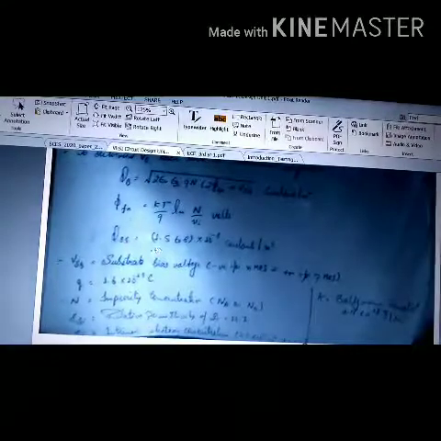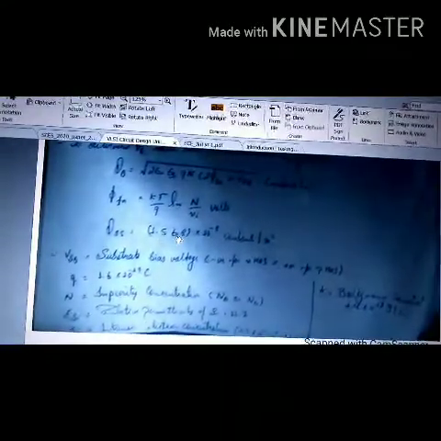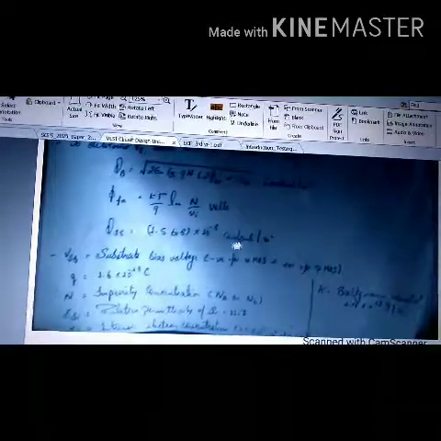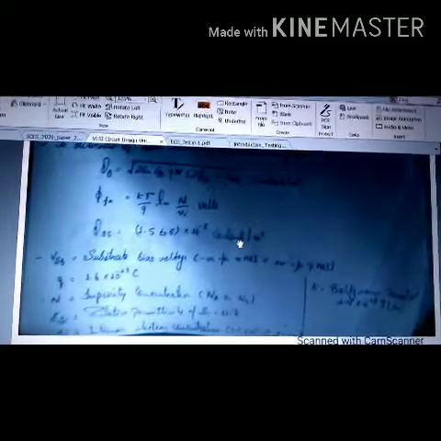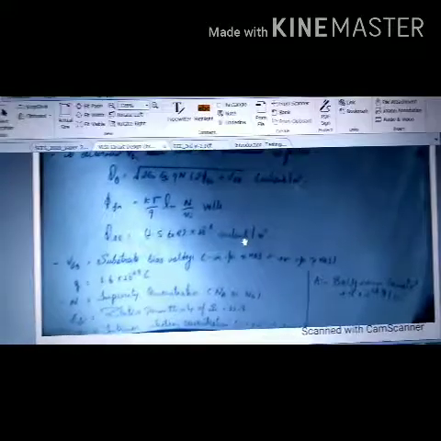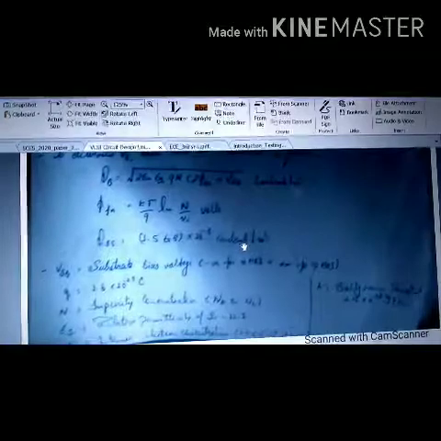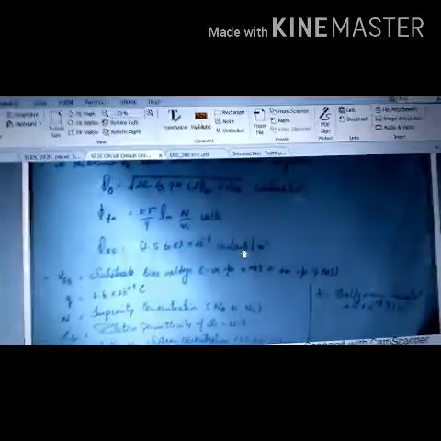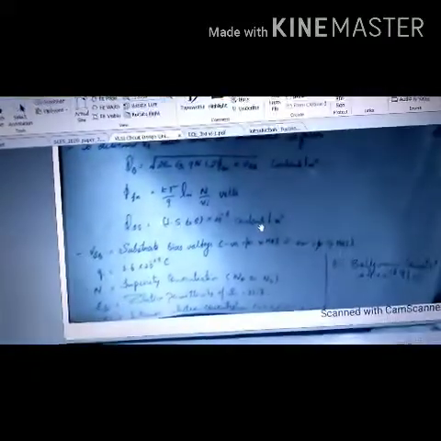Ni is the intrinsic concentration and N is the donor concentration present. Then Qss has a fixed value, normally between 1.5 to 8 into 10 to the power minus 8 Coulomb per square meter. Now Vsb represents the substrate bias voltage, that is, at what bias the body has been applied. If the body is not at ground potential, the same as our source, then it will considerably affect the threshold voltage.